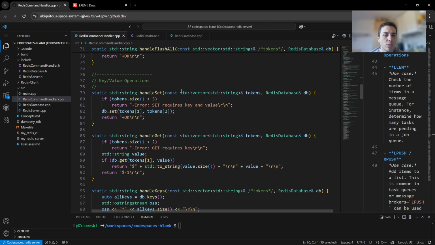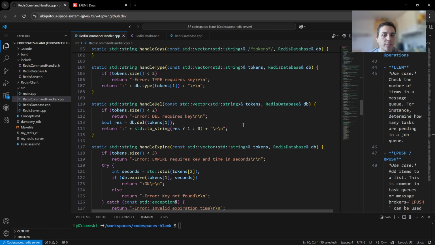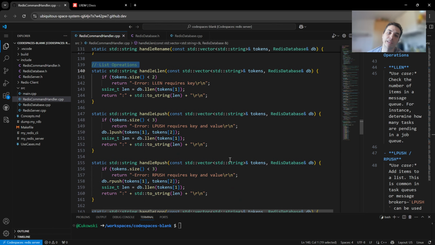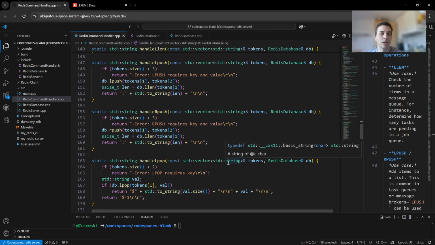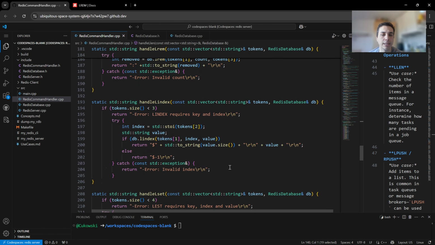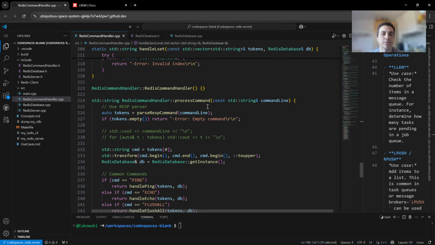We have key value operations we did before: set, get, keys, type, delete, expire, rename. Then we have list operations, only the handlers for list length, LPUSH, RPUSH, LPOP, RPOP, LREM, LINDEX, LSET,